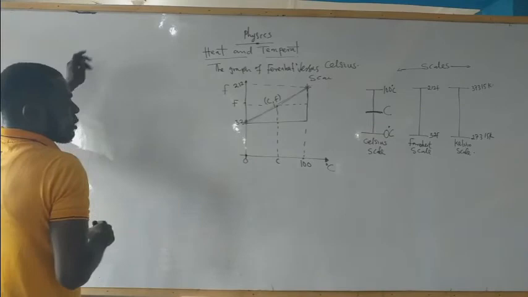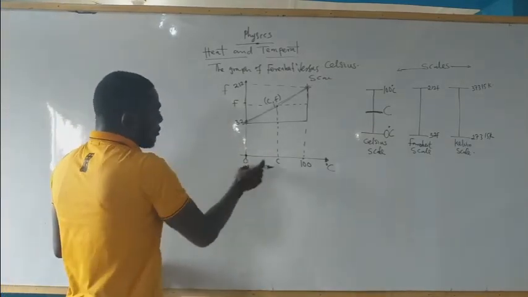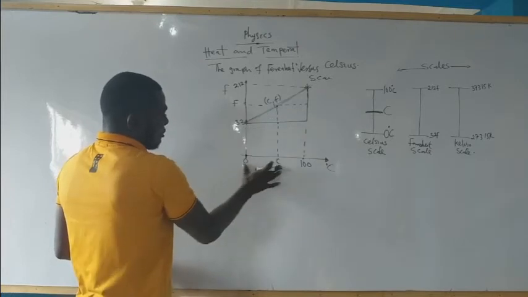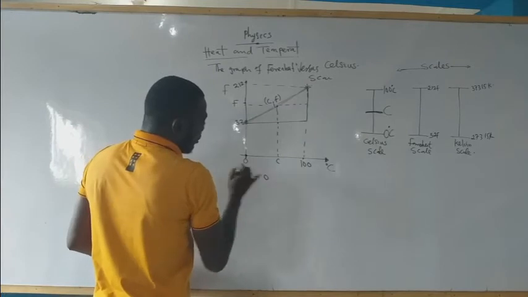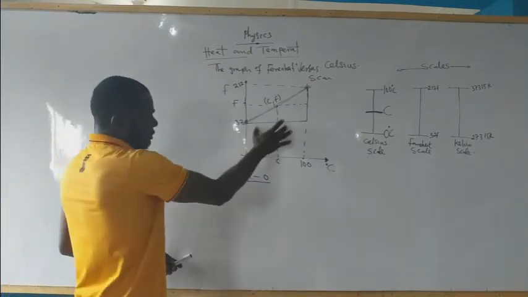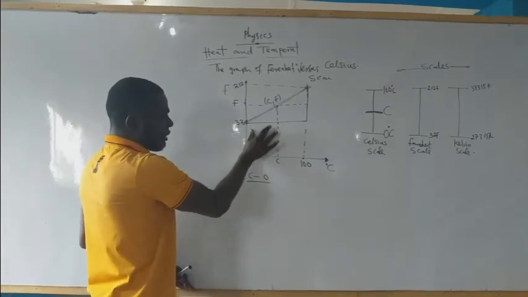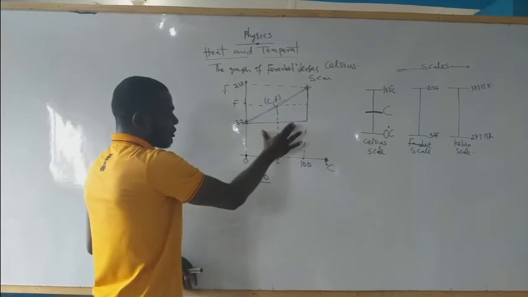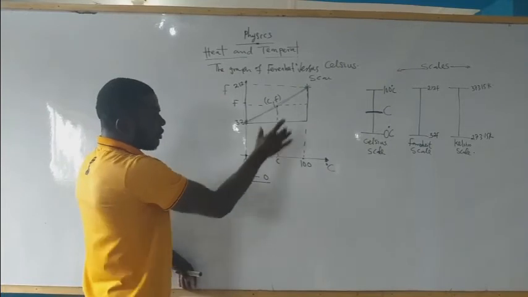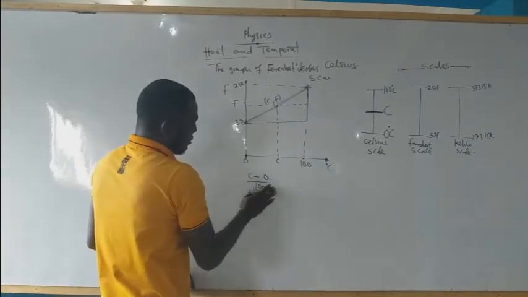So from here now we can have C minus 0, that will be C minus 0 over this, that's 100 minus 0, equals to